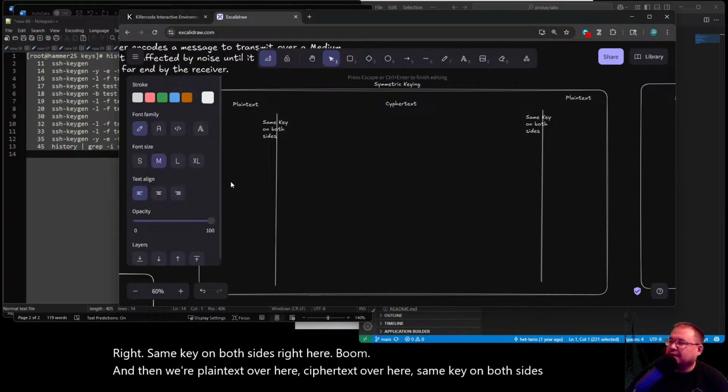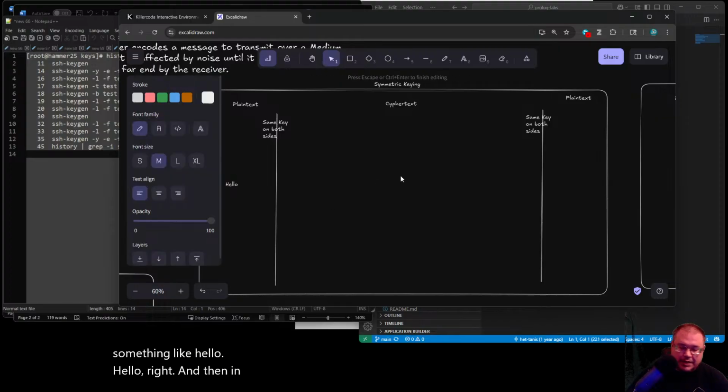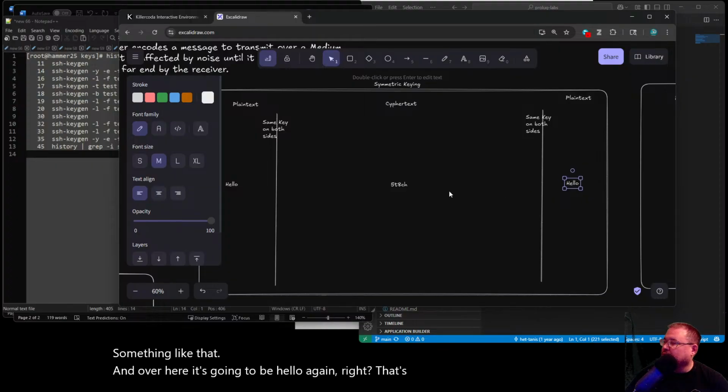So if I have something like hello, and then in here it might be something like that, and over here, it's going to be hello again, right? That's how we do ciphertext.